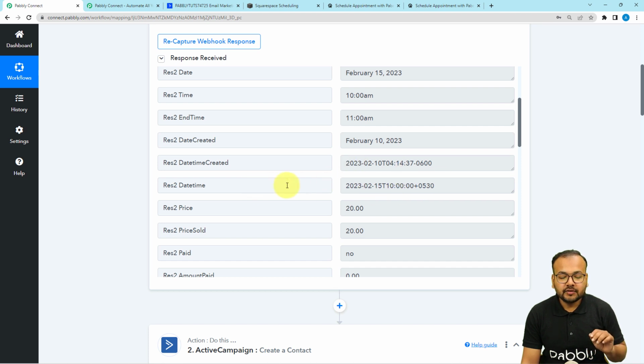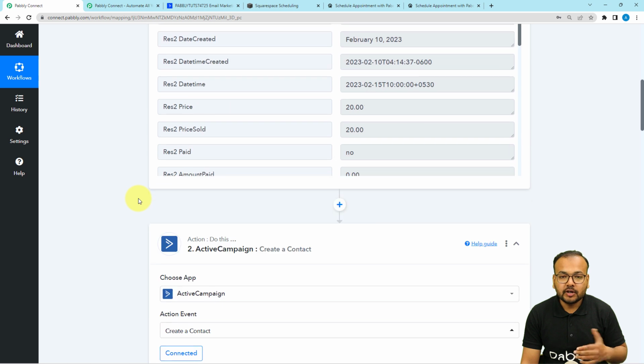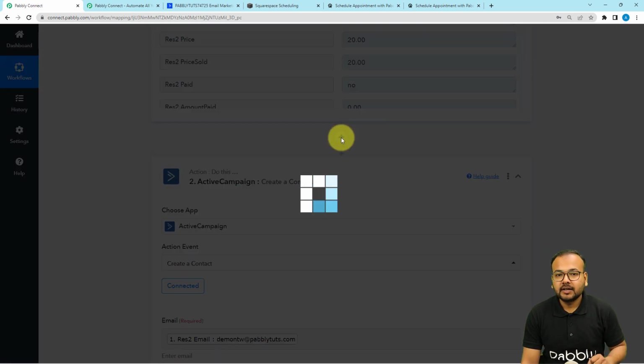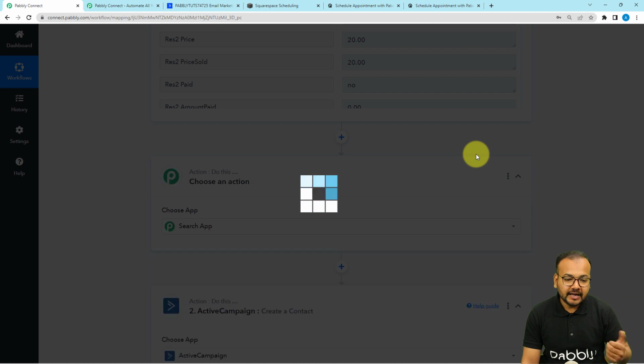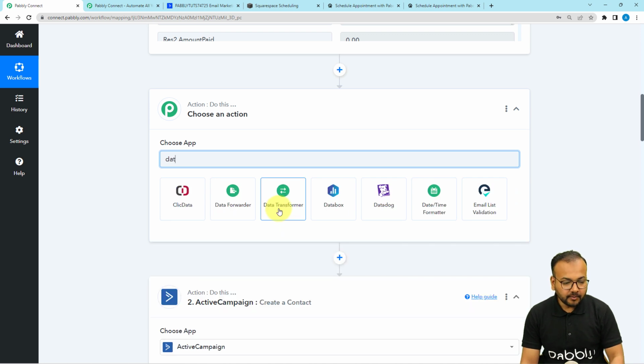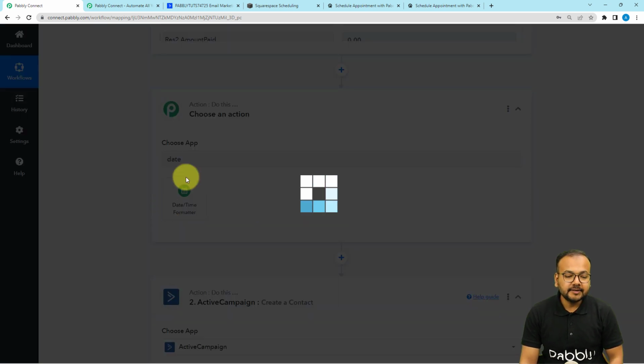Okay, so to change the format of this date, we are going to use another feature of Pabbly Connect, which is called Date Time Formatter. So just click here on this plus icon, and another action step will be added here between these steps, and from here I'm going to search for the Date Time Formatter feature. Select it,